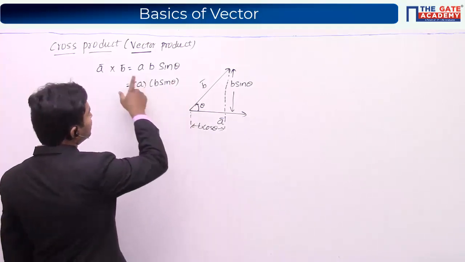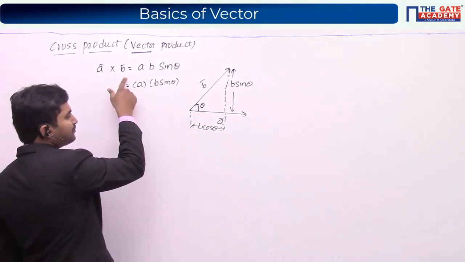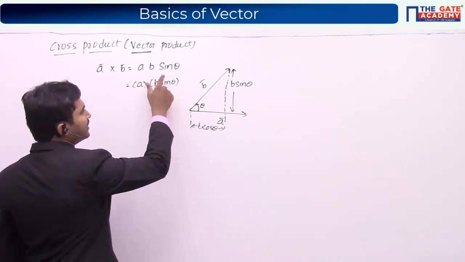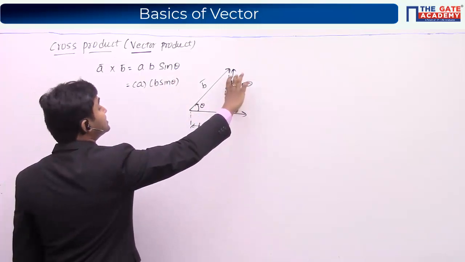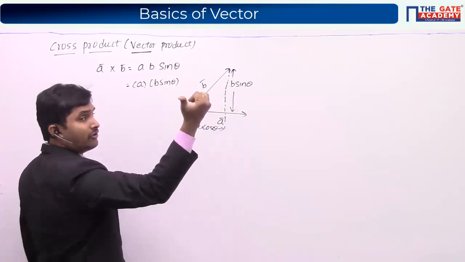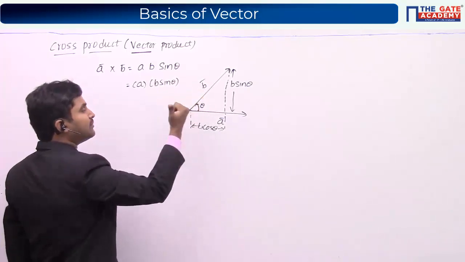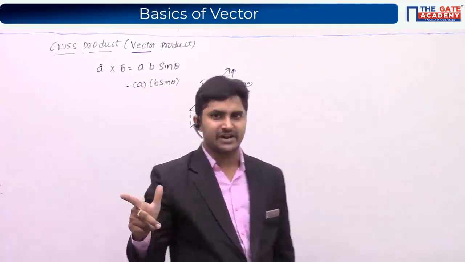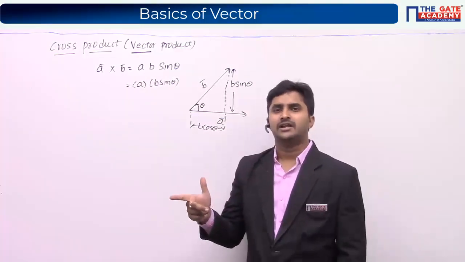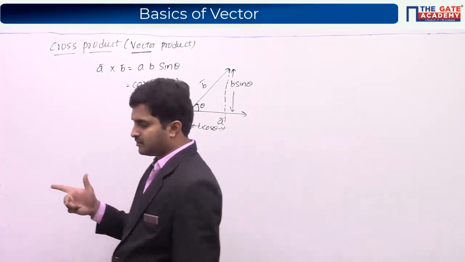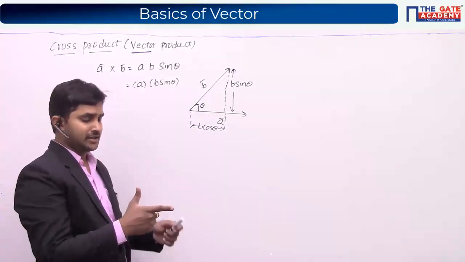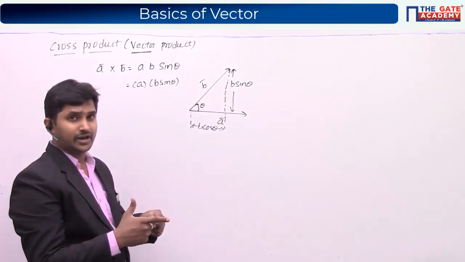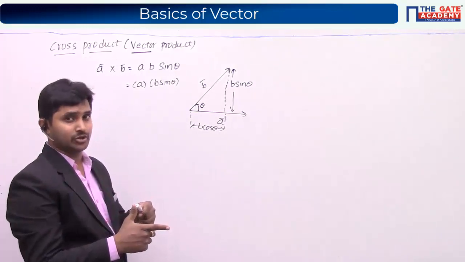So when I am doing the cross product of A and B, because you are multiplying two perpendicular vectors, the result will have a direction perpendicular to both A and B. And we have examples of this. If you have a direction of current in one direction and the direction of magnetic field in another direction, then the force will be perpendicular to both of them.